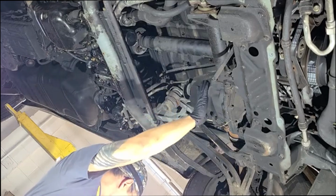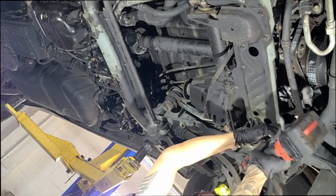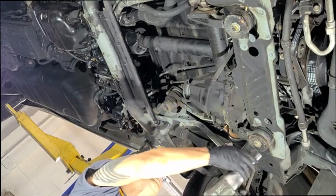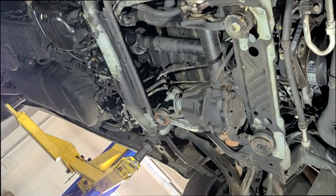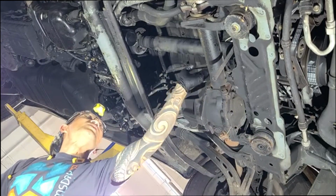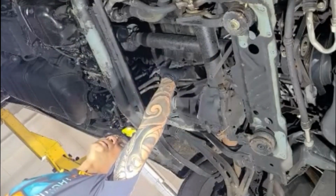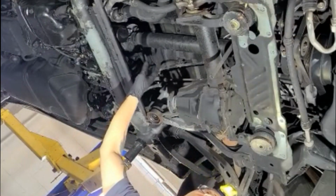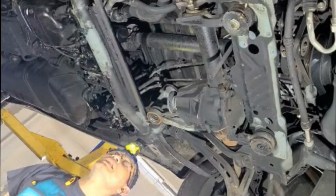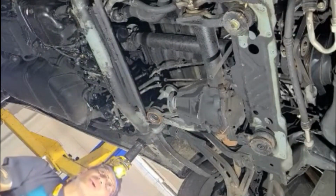Next, I'm gonna drop the differential down. We're not gonna take it out, we're just gonna lower it. Here, as you can see, when it's lower like this, I got a lot of room up here to get the SADS shaft out. We're gonna remove all the bolts that keep the SADS shaft attached to the engine, and also the front accessory equipment here. We're gonna remove all the bolts, and then we might have to make a third video to finish up with the rest. So on this one, we'll go ahead and